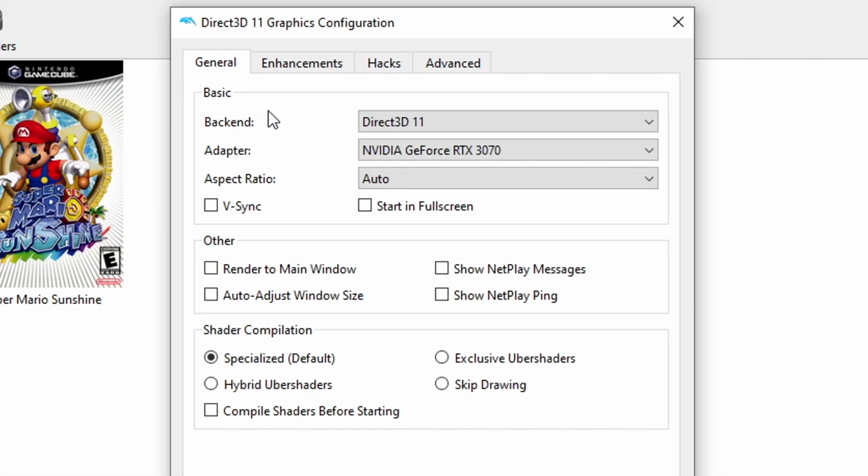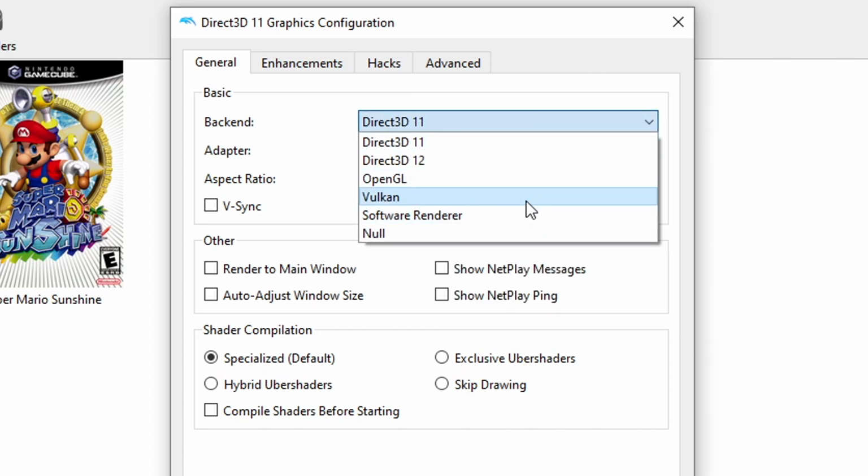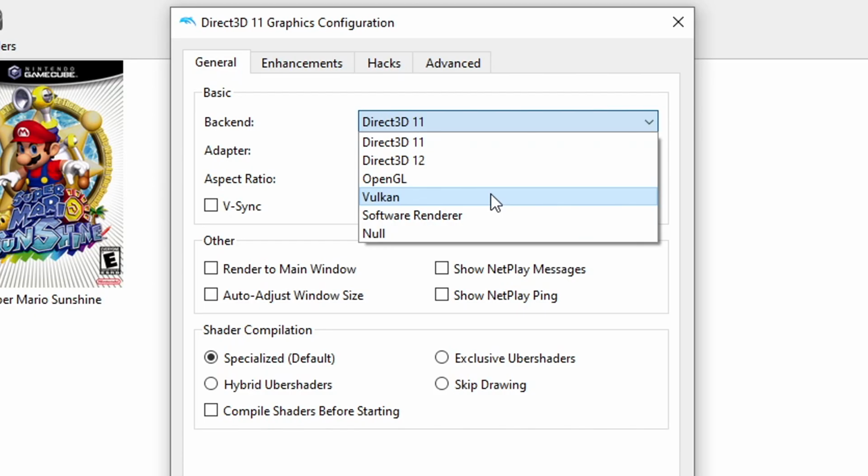And here on the general tab, the first option, you can choose your graphics API. And Dolphin actually has an official recommendation of what backend you should use depending on your GPU. I'm putting that on the screen right now, but it's basically gonna come down to between Direct3D 11 and Vulkan. I have used both APIs and the performance is pretty great on both of them, but it's also gonna depend on your game, of course, and I'm gonna show you how to find game-specific settings as well. But for now, you can pick between Direct3D 11 or Vulkan, even though I think Vulkan gives me slightly better performance, but Direct3D 11 is also good.